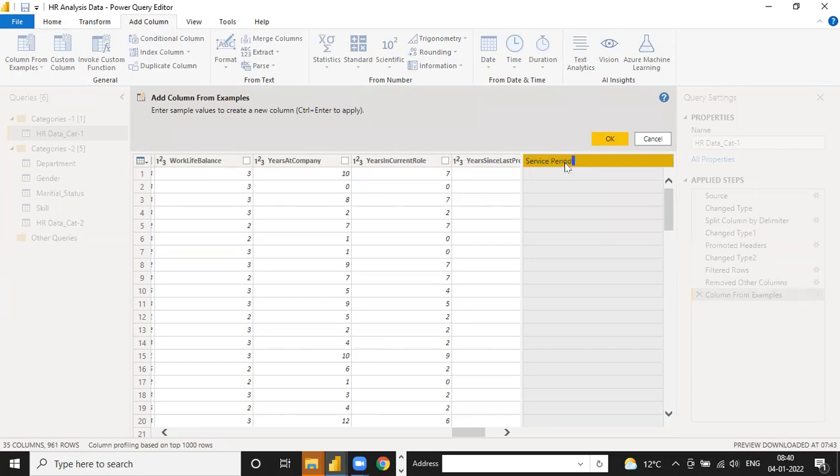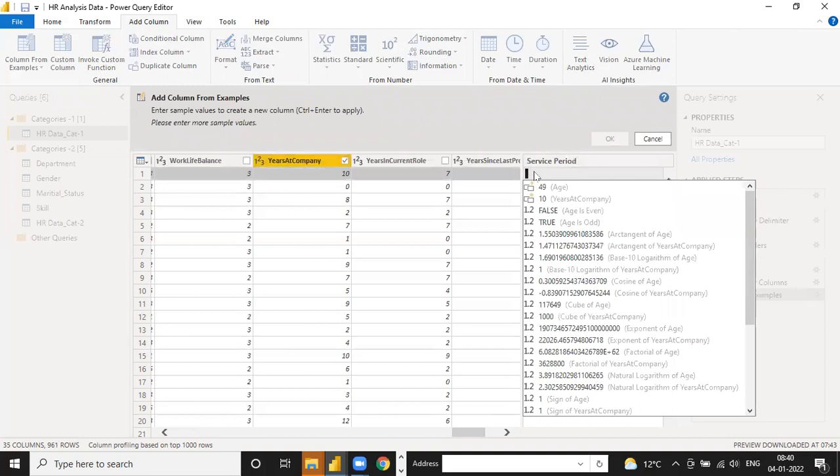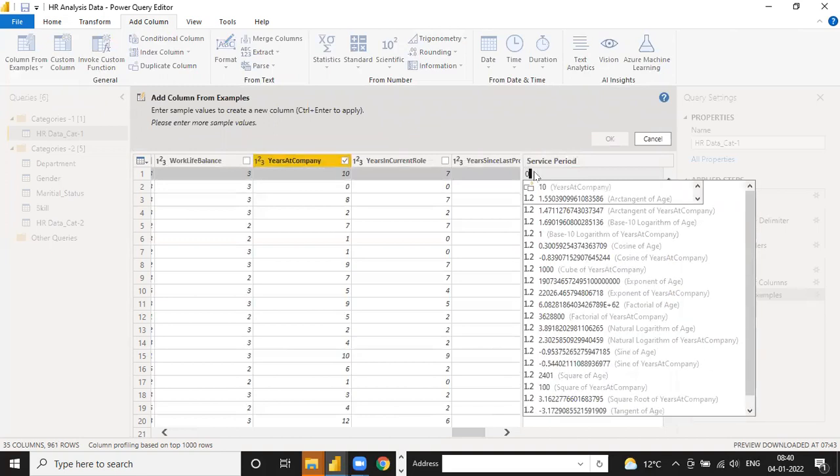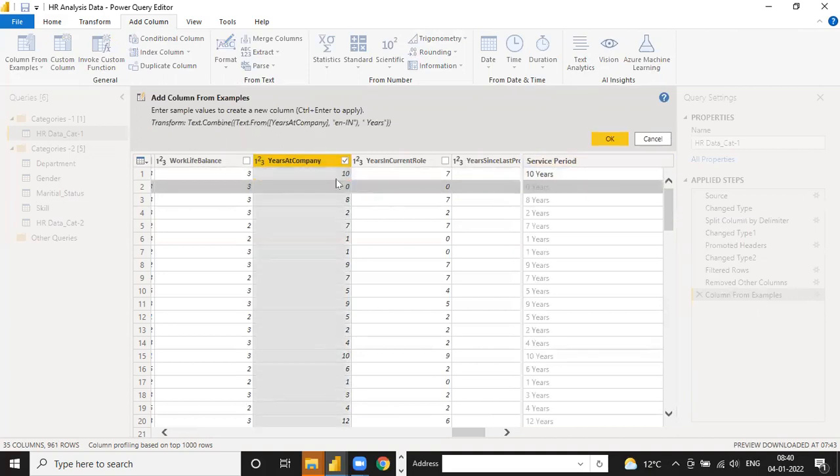service period. Then put one option, year at company, and select here, suppose, the first value of this column, and after that you put years and just press Enter. You can see all the values of this column are automatically prefixed, which in Excel is called Flash Fill.